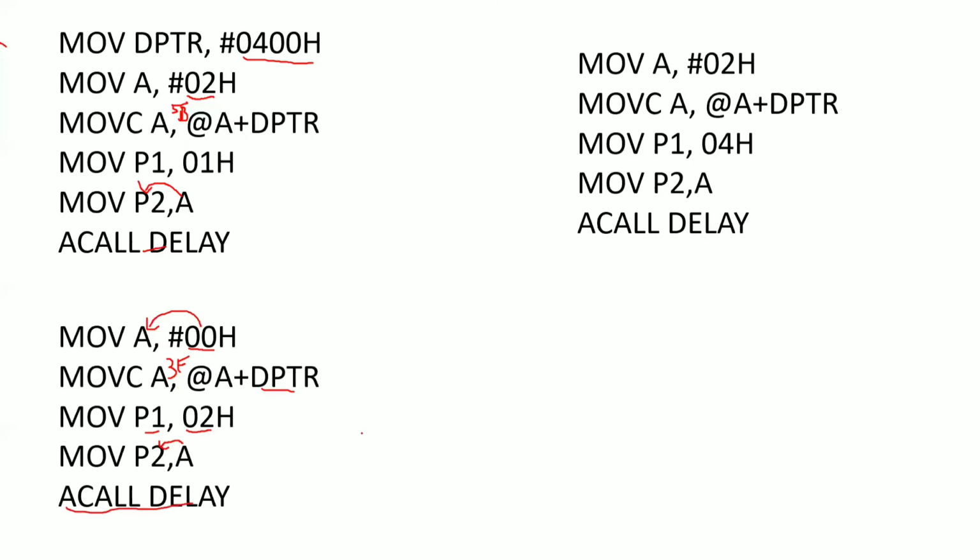I am sure you know this, right? How you enable the first display, similarly I am enabling the second display now. After that, copy the value of A register into port 2. Now port 2 will get the value of A register, which is having 3F. So 3F means it will display the 0 in the 7-segment display. Again you will give the delay. Okay, that is your 0 digit program.